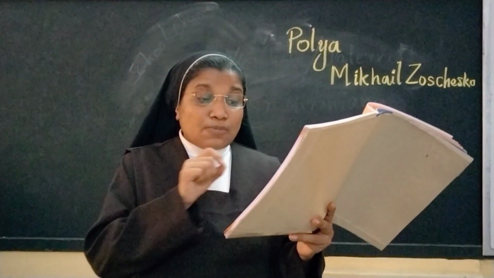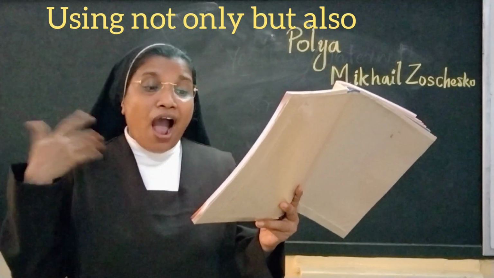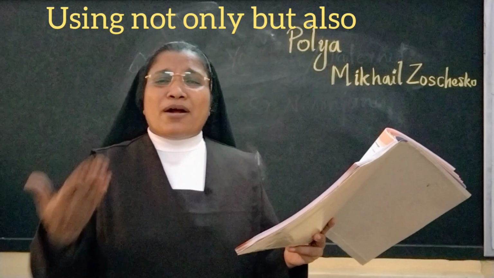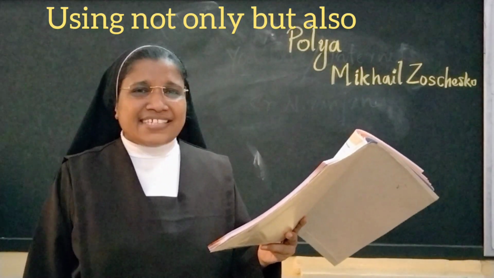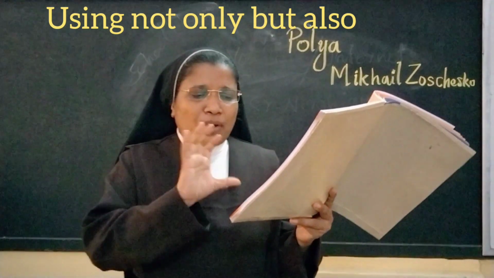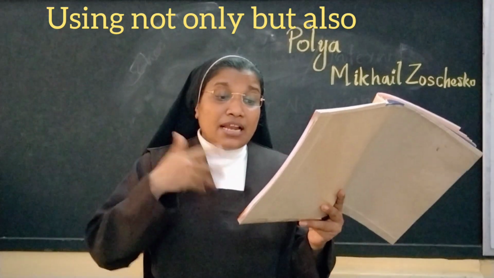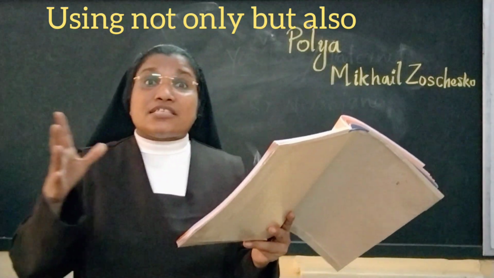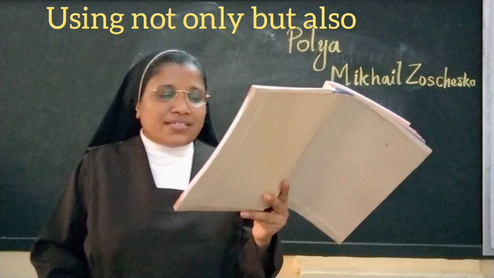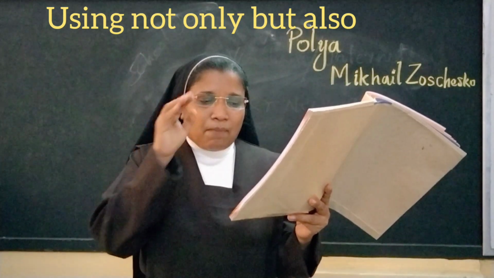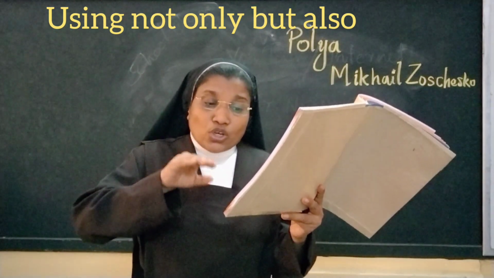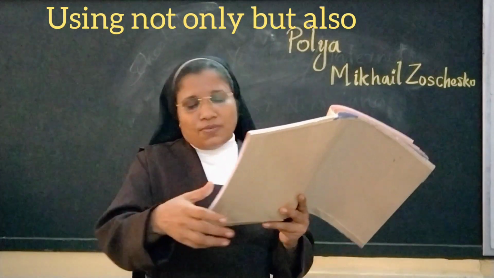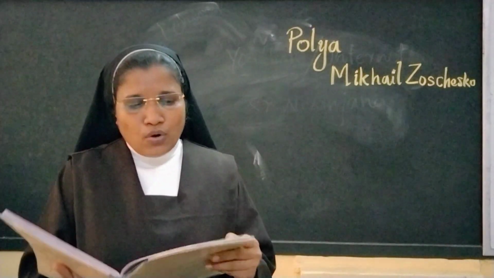Read the following sentences. Polia's husband learned not only how to write his name but also how to be a successful officer. Not only but also, you have already learned in 6th standard. So it is easy for you. We can split the sentences into two. Polia's husband learned how to write his name. One sentence. He also learned how to be a successful officer. If we make it as one sentence, it is about the one person. Polia's husband learned not only how to write his name but also how to be a successful officer. So now you might be knowing about it.